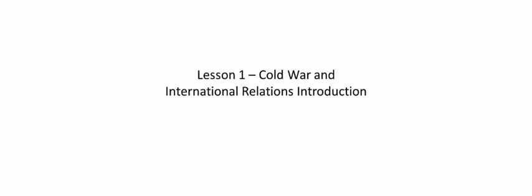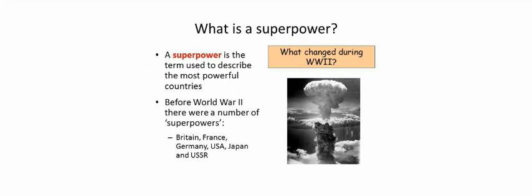I'm Mr. Raine. And Mr. Suter. Okay, so where do we begin? Where do we possibly begin? We've left Russia in 1939. The war has broken out, things have happened, and after the war, we are left with something known as a superpower. So, a superpower is, as you can imagine, a term used to describe a super powerful country.